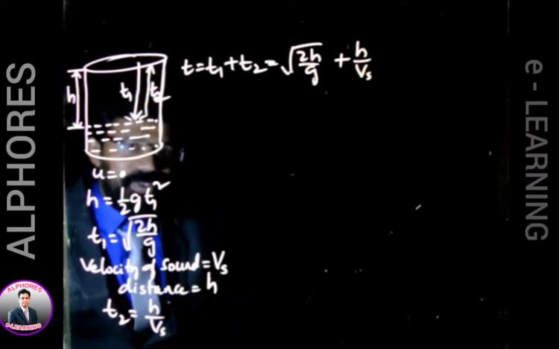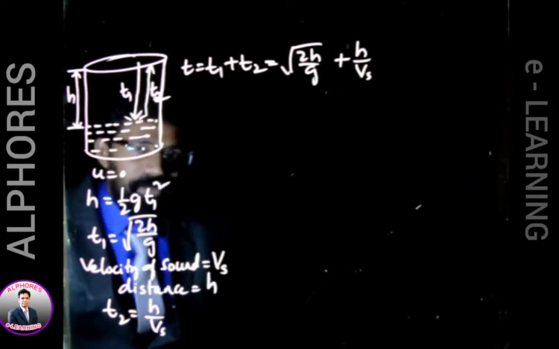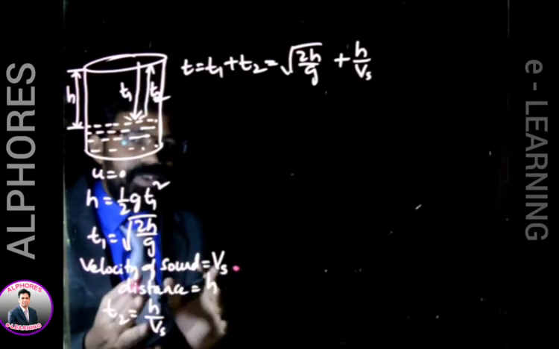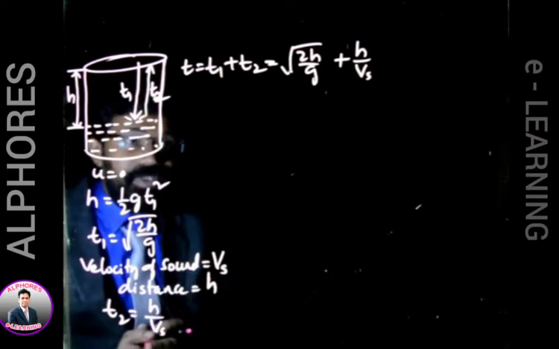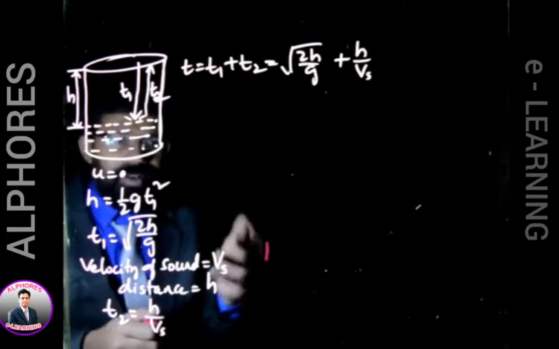There are questions based on this one also. The velocity of sound will be given in the question. Usually it will be 332 meters per second; depending upon temperature, its value will vary. But whatever velocity of sound you are supposed to use, it will be given in the question, if you are supposed to make any calculations. So this is one kind of model.